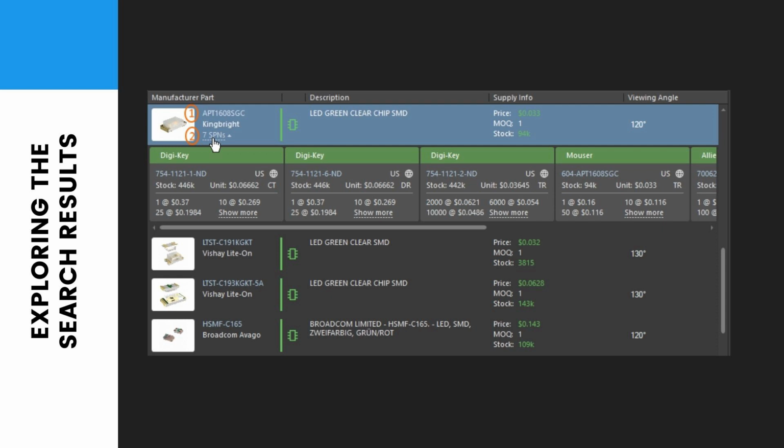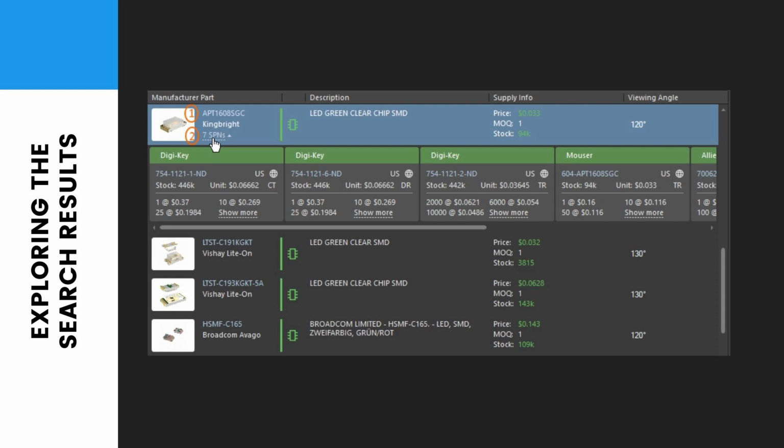The vertical colored bar indicates the manufacturer's lifecycle status, for example, volume production, EOL, and many more. Hover the cursor over the bar for more information. Note that manufacturer's lifecycle status is not an indication of availability. That is displayed in the individual supplier tiles. For example, a manufacturer might have a part flagged as end of life, but suppliers might still have a large